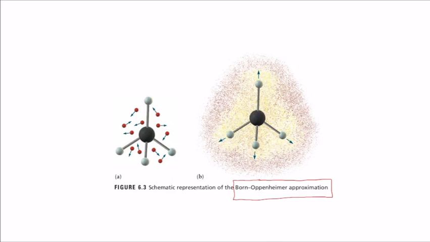And we talked about this in class when we talked about the concept of reduced mass. If you remember, the reduced mass equals m1 times m2 divided by m1 plus m2. We found that if m1 is greater than m2, say about a factor of 10 or more,